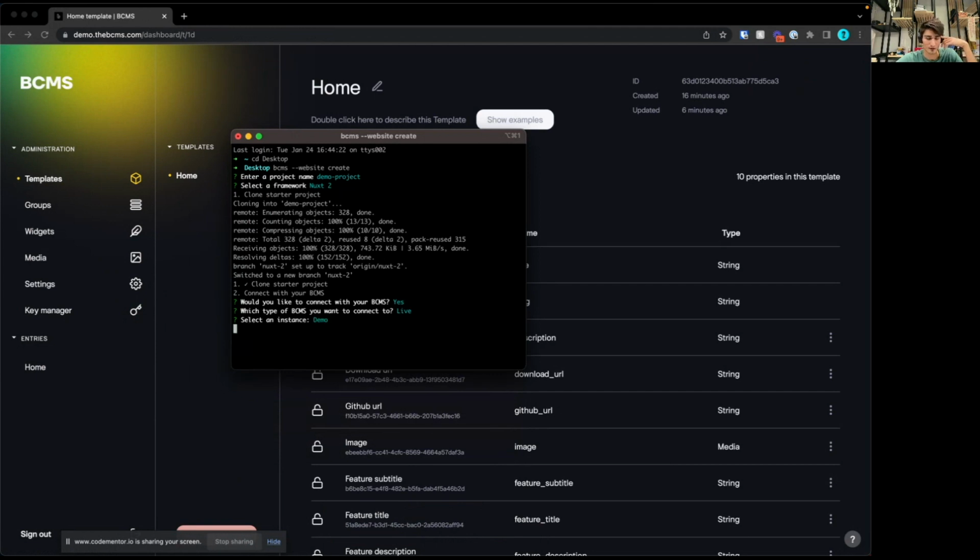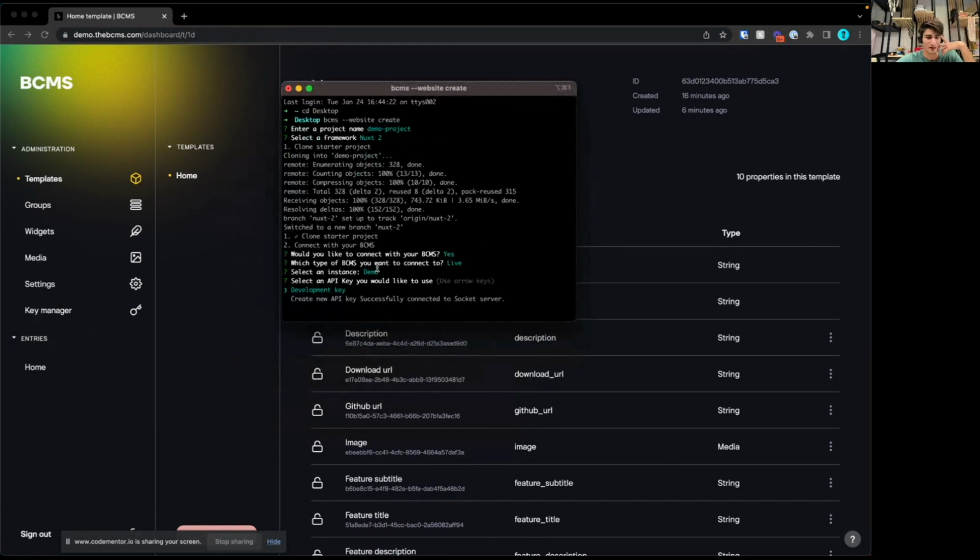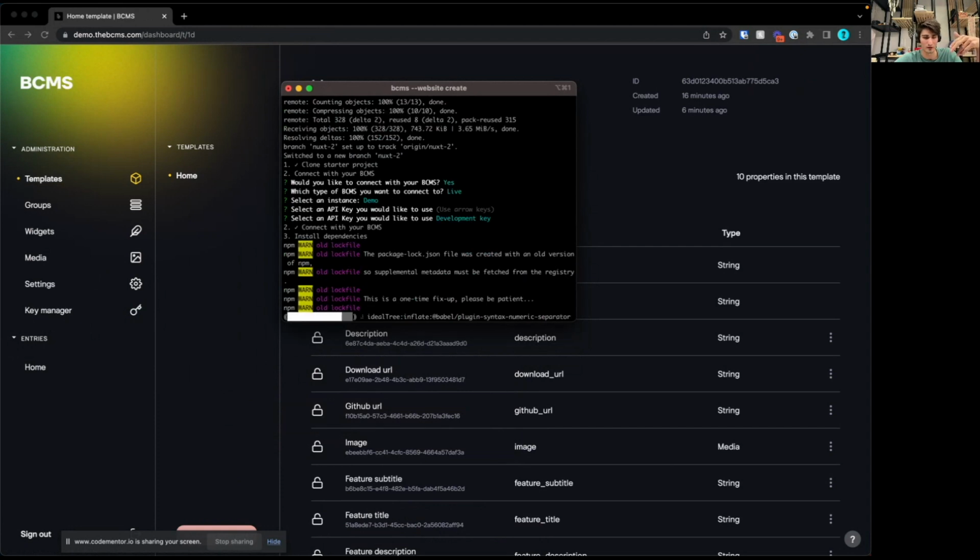So I'm going to select that. Then it's asking me which key I'm going to use. There is only one, so I can either use that key or create another one. I already configured it to have access to home, so I'm going to use development key, enter. Now it's installing all the packages